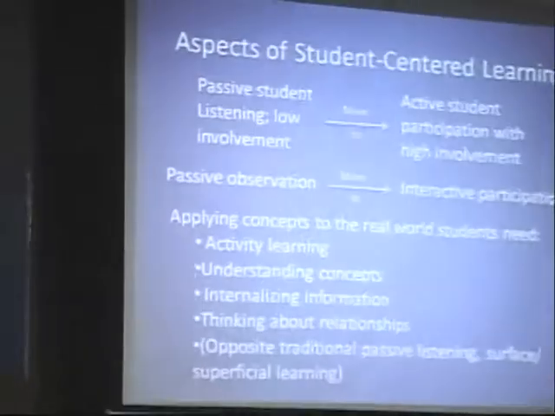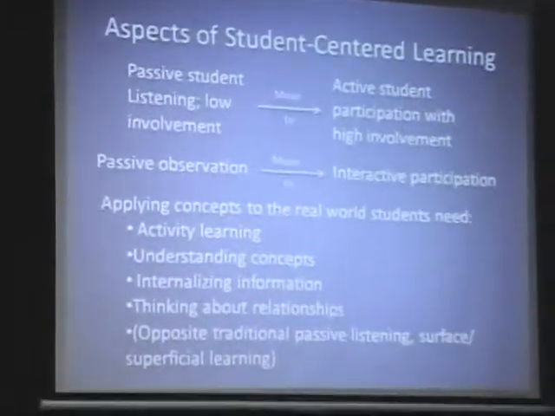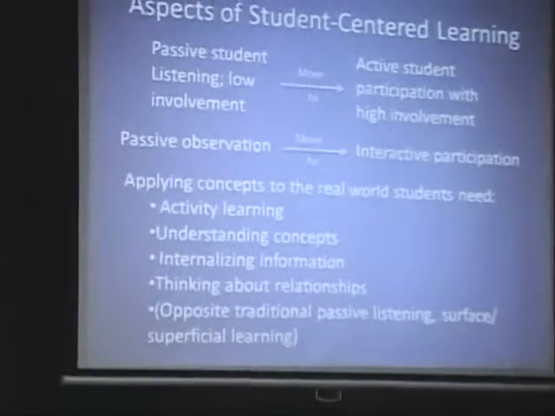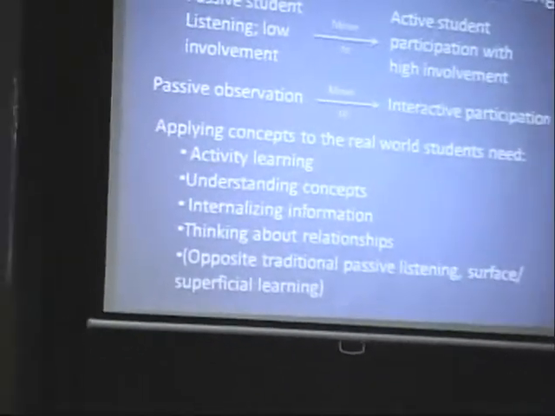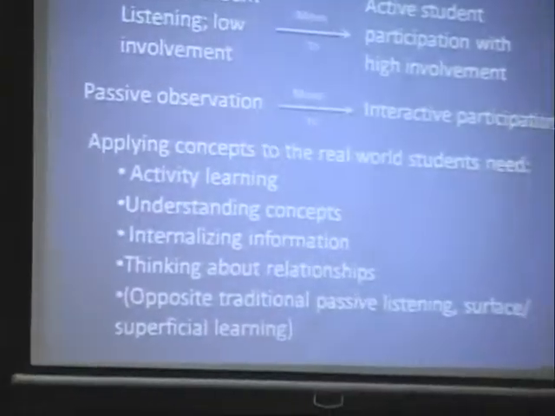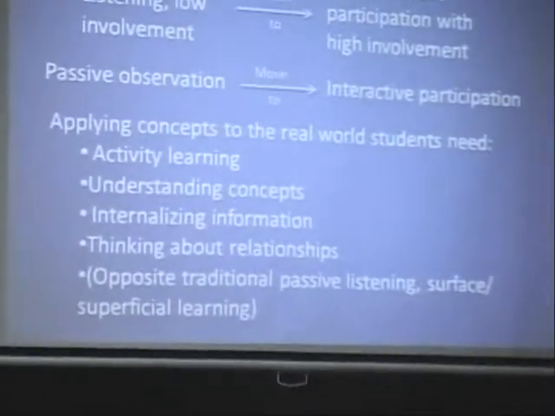另外 in its very simplest form, is that you're taking passive student listening with low student involvement, and then moving to active student participation with high involvement. And in its very simplest form, you're simply moving from passive observation to interactive participation. 事实上讲到底呢，也没有什么，就是把这个学生呢被动的只是这么听、这么看、这么观察，变成一个主动的交流的一种学习的方法。所以大家可以看到，左边呢是 passive student，右边是 active student. And the bottom part of this, you're looking at applying concepts to the real